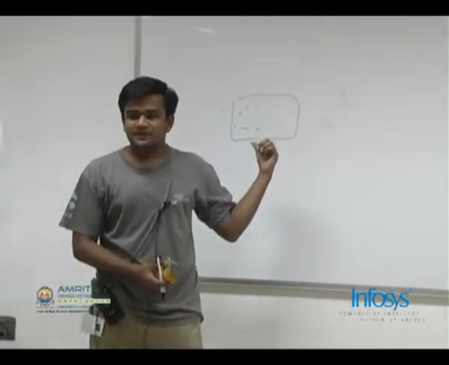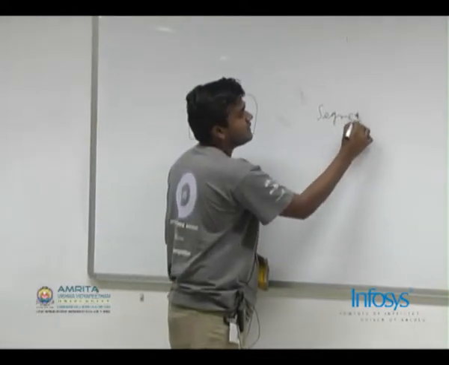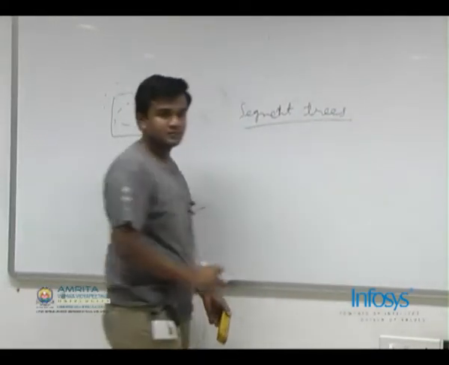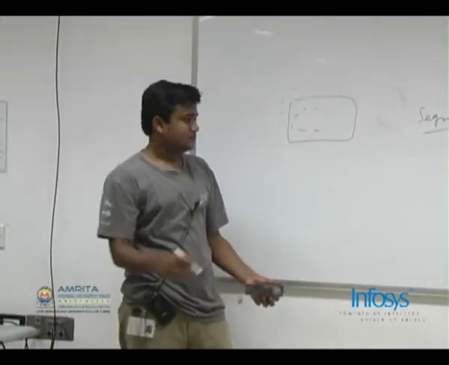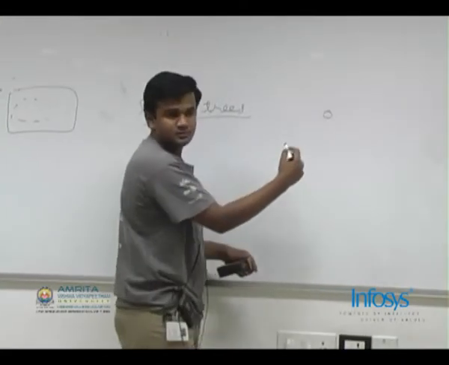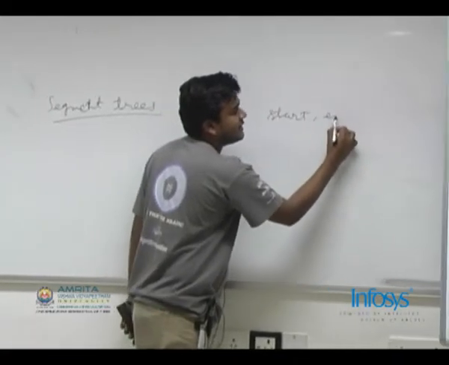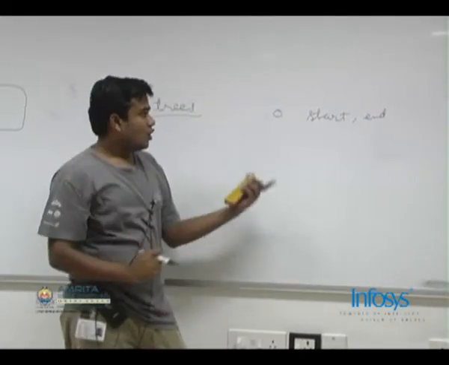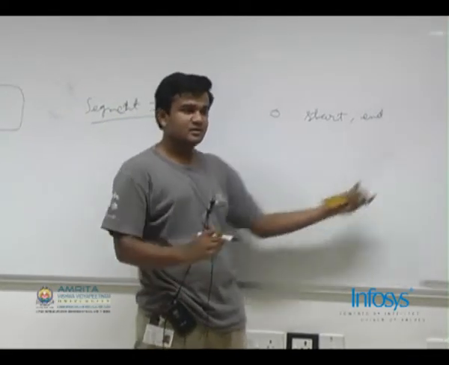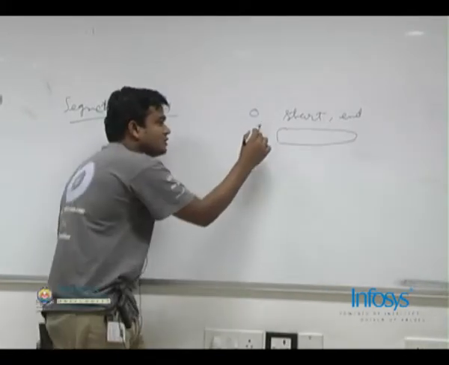For the 2D version of this problem, we can use segment trees. So we'll have in each node a start index and an end index. All the numbers which have x coordinate from this start to this end, I'll sort their y coordinates and keep it in this node. And it will also have two children,